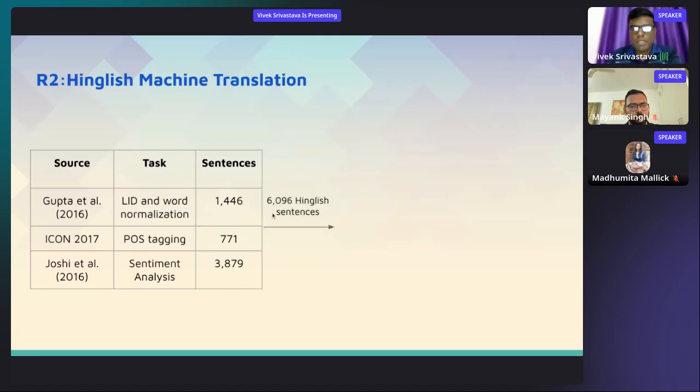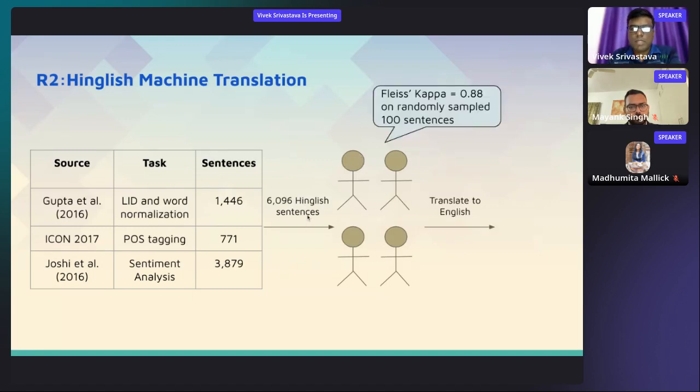If you merge everything, the number of English sentences that we will have is roughly around 6,000, and they employed four different annotators to do the English to English translation of the sentences, and the evaluation, because it is very difficult to translate one sentence by two different annotators or even more than that. So what they did was they randomly sampled 100 sentences, and whatever is generated by one annotator, they asked the other three annotators to do a binary classification